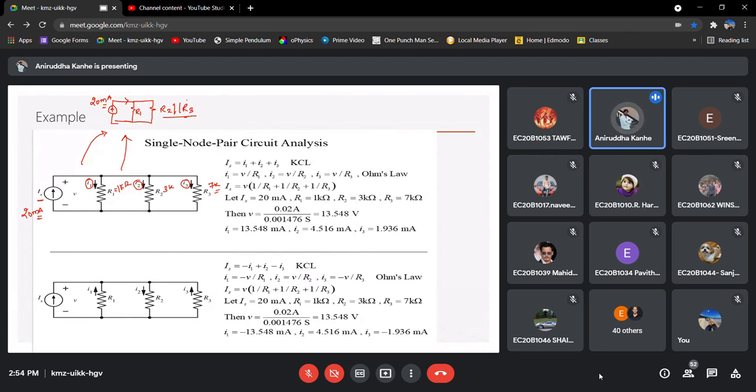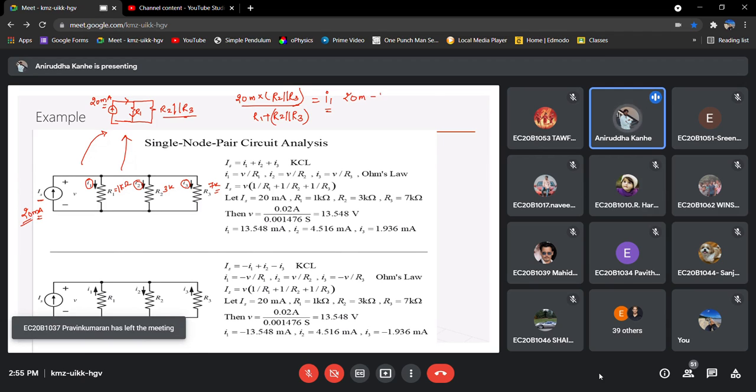So what will happen if you do so? You can multiply this 20 milliamps by R2 in parallel with R3, divided by R1 plus R2 in parallel with R3. You will get the current which is flowing in this branch. Let us say this is I1. The total current is given to you as 20 milliamps, so 20 milli minus I1 is the current